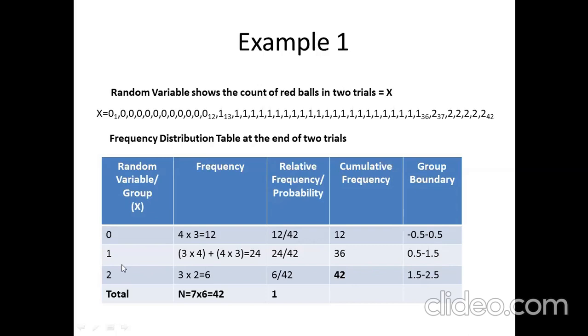And again, see this thing that we have groups in this data. We don't need to make the class intervals. Like we have three groups in this data. One is 0, second is 1, and the third is 2. So there are groups present. Please note this difference, that there are groups present. We don't need to make the groups classes as we used to have in the class interval data set type.